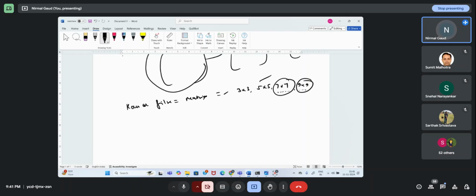These are preferred. So I will be having a matrix of 3 cross 3 or 5 cross 5. This will be my matrix to perform the operation over the image matrix. I will be performing the operation over the image matrix.